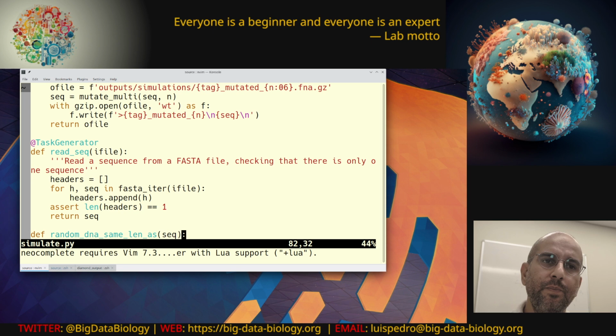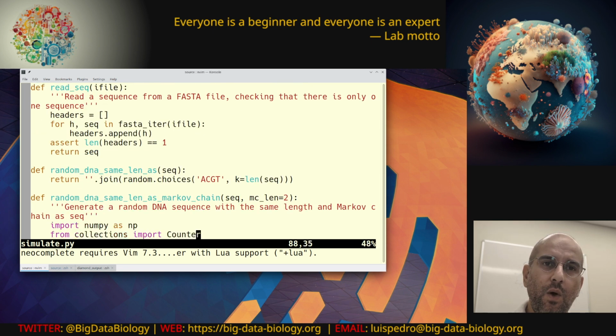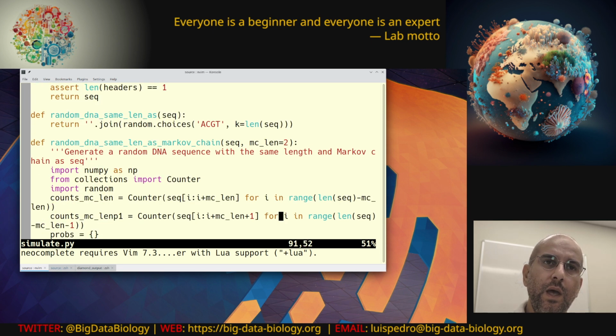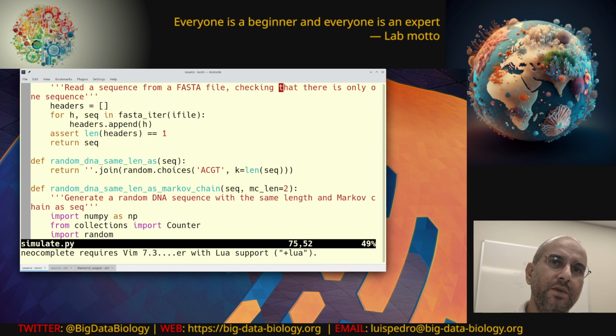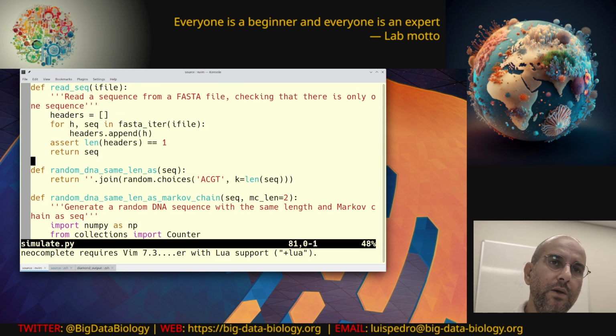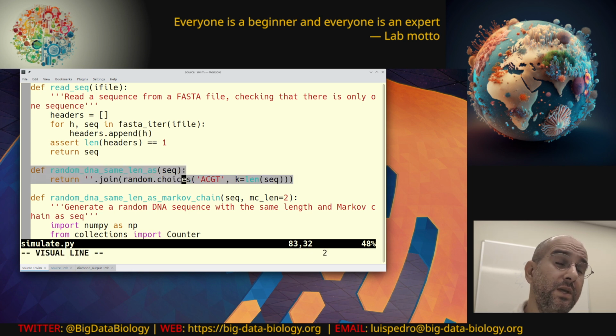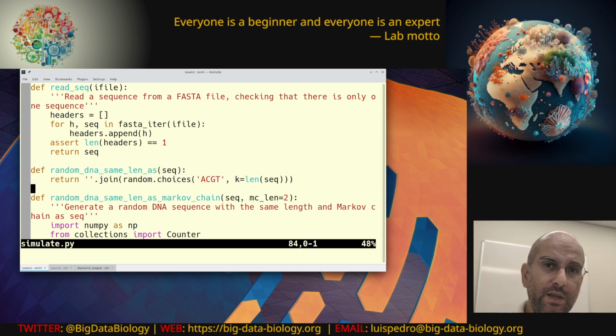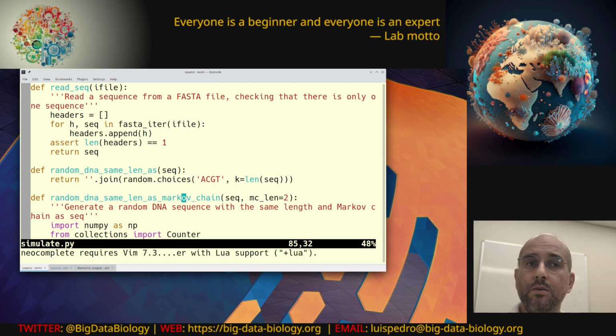So we did that, and then we created a random DNA just of the same size as, and here we used a couple of different models. So the easiest model is this one, just pick ATCG, completely random. That works. A slightly nicer model, and this is very standard, is to use a Markov chain, where you have to somehow choose how you start,